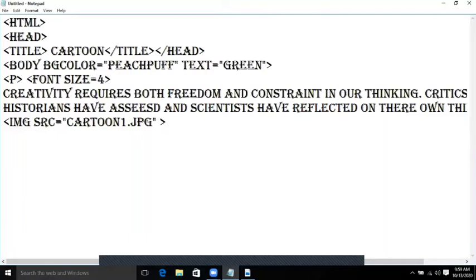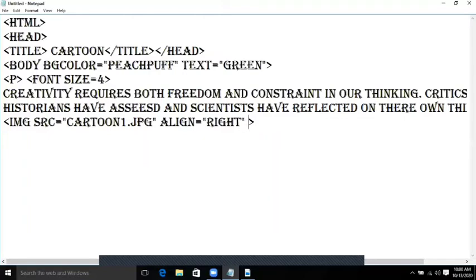After that, in the tag, you have to set the alignment. Align is equal to whatever you want to type here. If you want it on the right, then type right. If you want it on the left, then type left.